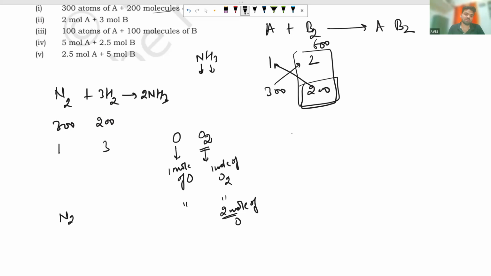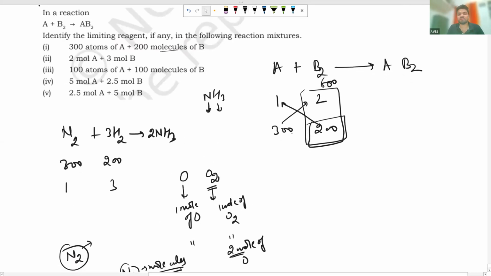Like in N2, it is 1 mole of N2 gas, nitrogen gas. If I'm asking how many moles of nitrogen atoms are present in this one, 2 moles. The difference between atoms and molecules is that N2 is a molecule, because it is 2 atoms combining together. So just concentrate here. If I'm saying 100 atoms, it is saying atoms, and here it is saying molecules. So the atom to molecule ratio is